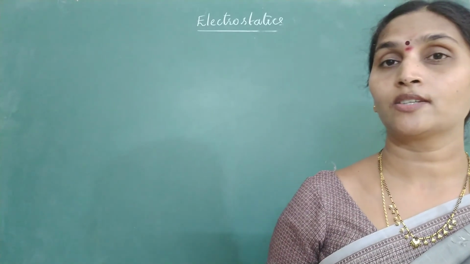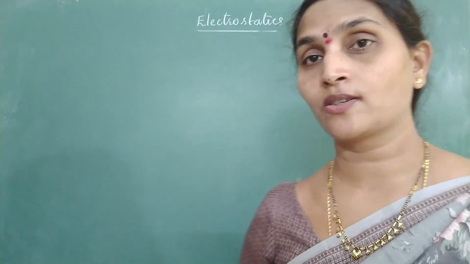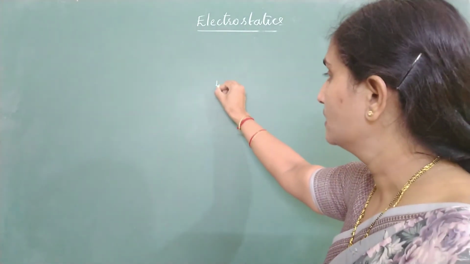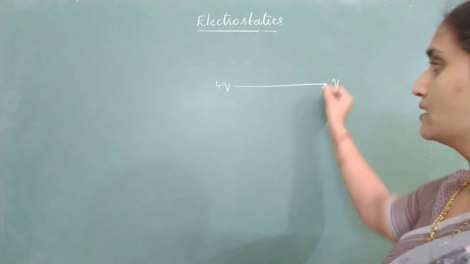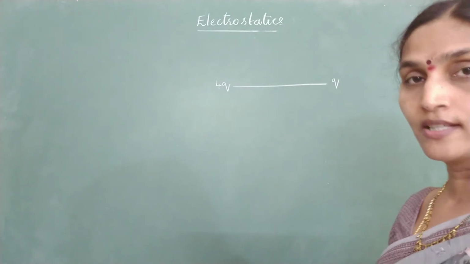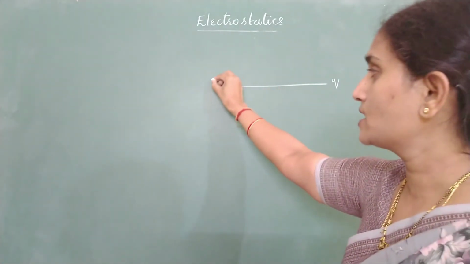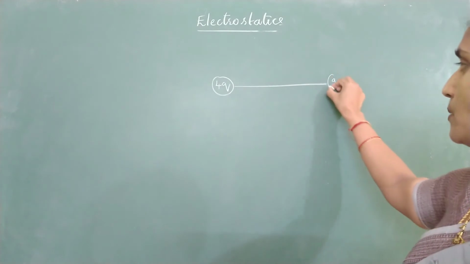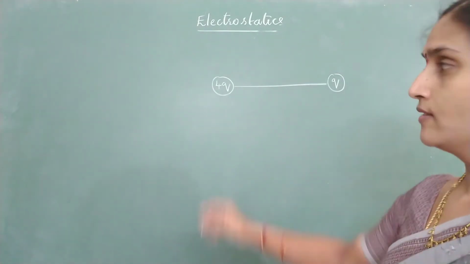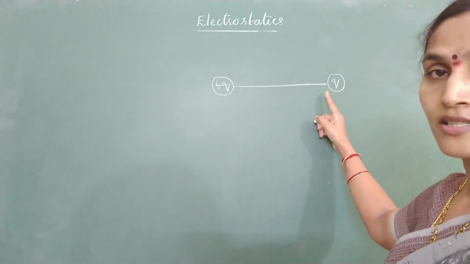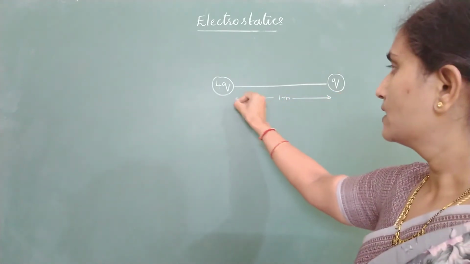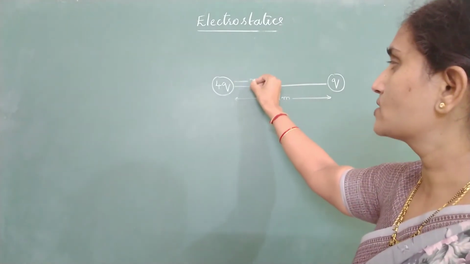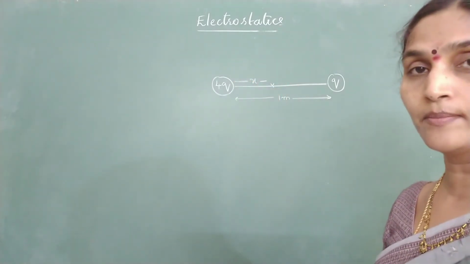Now coming to questions related to evaluation of electric field strength. First we'll start with 2 point charges. Sometimes you get 2 point charges, say 4q and q, separated by a certain distance. Find a point where electric field is 0. If both the charges are of the same type, positive and positive, field will be 0 somewhere in between the charges. If the distance is, say, 1 meter, select a point which is at a distance x, where the field will become 0.